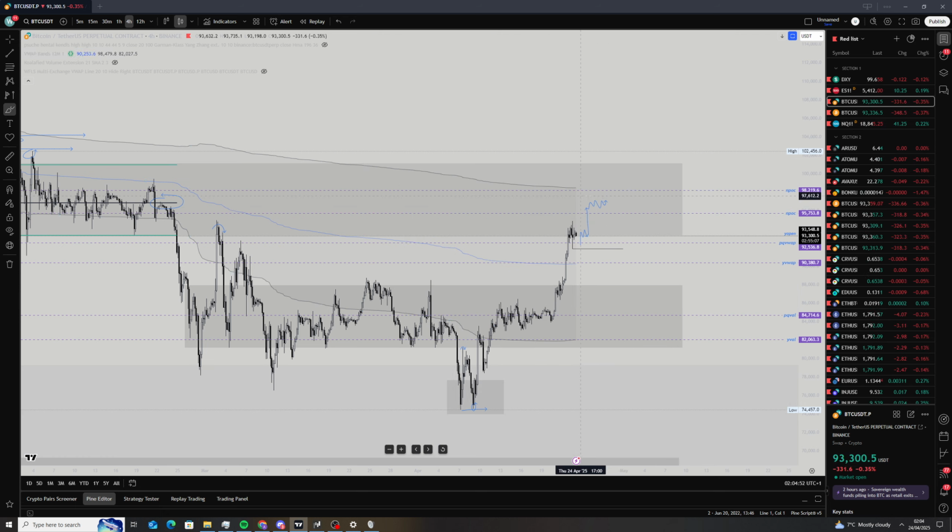Basically, I want to see price tap this 96, 98K level, and then we end up flushing back down. And as we flush back down, we either hold this level here, and then we go higher and traverse the full value towards 102K, which is the quarterly value area high and the range value